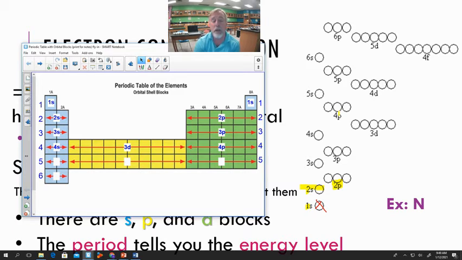So the only other thing to show you here, and I want to be really, really careful, because your bubble chart does this nicely for you because it has everything ordered. Your periodic table does too, but it's going to be a little tricky. So what I want you to see here is that, even though this is group 4, period 4 rather, all right, period 1, we have all 1s, period 2, all 2s, period 3, all 3s. Period 4, when we get to our S's, the S is still 4S, P is still 4P, but our D, instead of being 4D, it's a 3D. Our D's got pushed down a row on our periodic table.